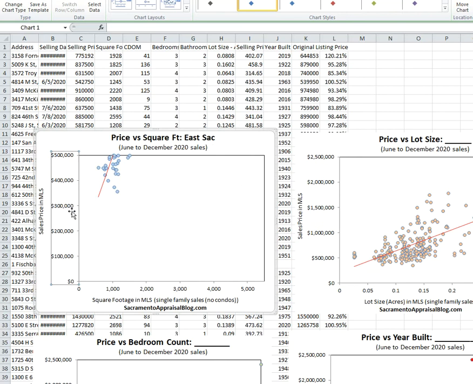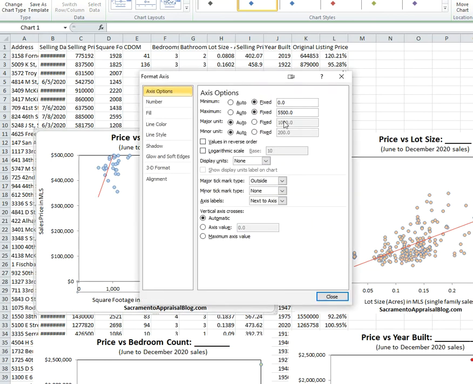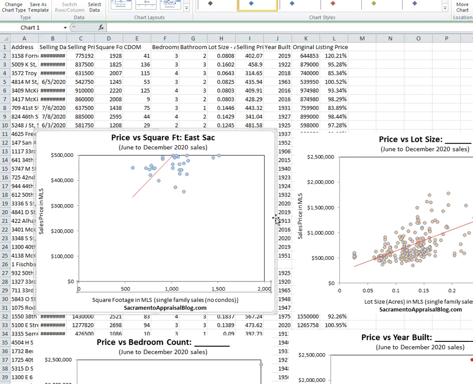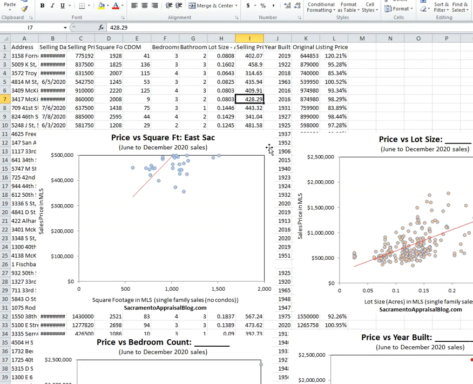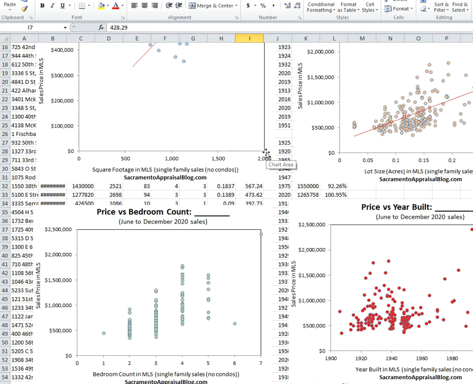And so you're going to have to mess with the x-axis and the y-axis, or say there was a neighborhood and the highest or largest house was 2,000 square feet. Well, then let me change to 2,000 square feet, and maybe I choose increments of 500 or whatever I want to display here. I'm going to have to mess with it. So there's a little bit of legwork depending on the data you use. I still have ESAC data in here. This graph wouldn't make sense for that, but that's why you might have to make a template for the high end and maybe for a lower end of the market. But anyway,